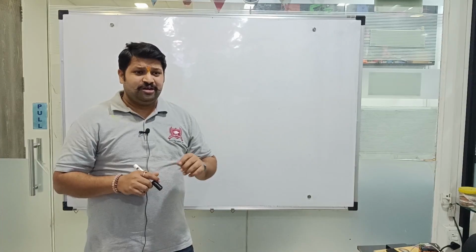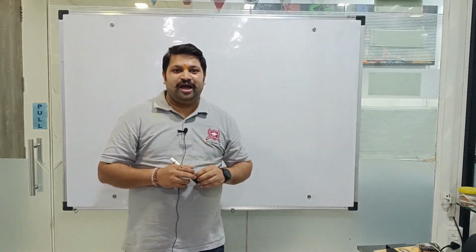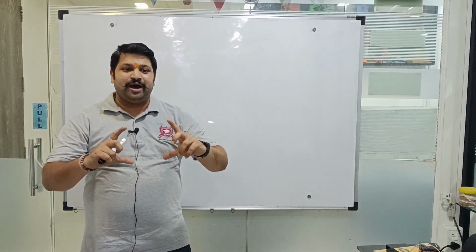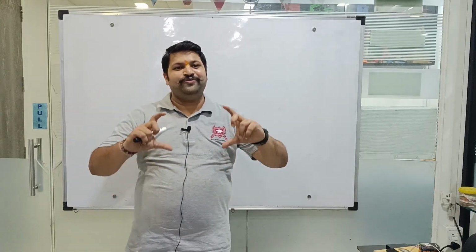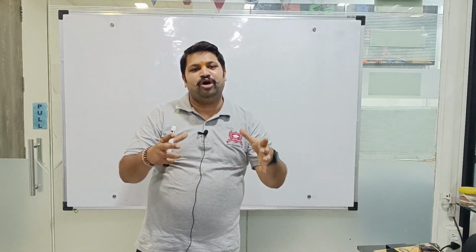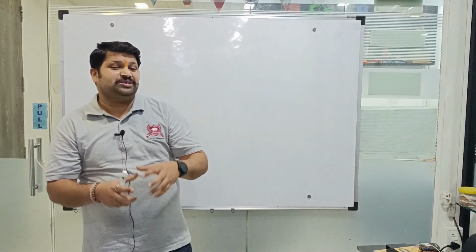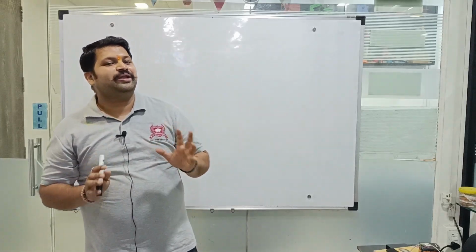anything in the world. The easiest example of similarity is, say suppose we go to Agra and we see Taj Mahal there, and when we are returning back, we buy a small memento from Agra, which makes us remember our trip to Agra. Many people buy a small showpiece of Taj Mahal. Now this small showpiece is somewhat similar to the real Taj Mahal. This can be considered as an example of similarity of two figures,